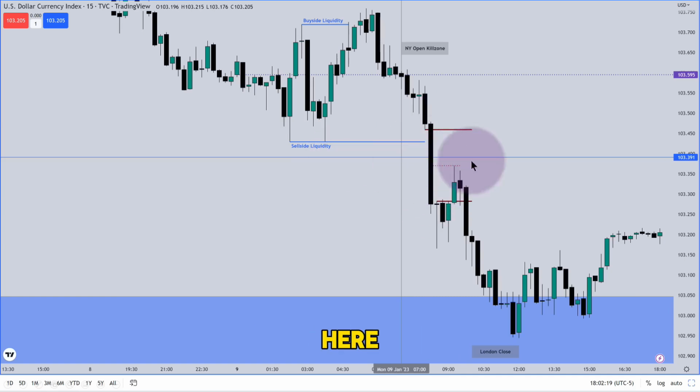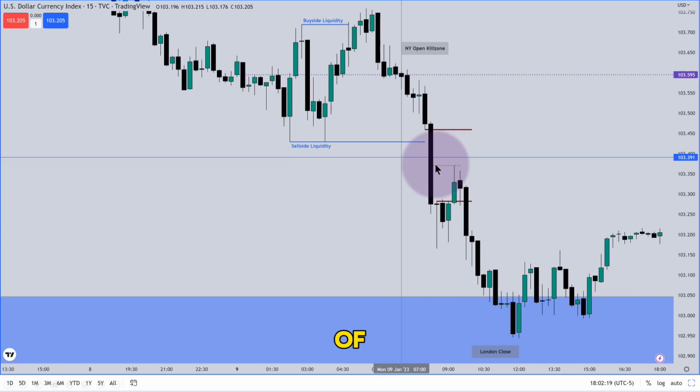Notice that this line here is that old relative equal low on the daily chart. Then we have it here as well. The retracement does not come back up to the daily old lows and does not come back up to the old lows here. So support and resistance, this is why I don't like it. It fails. But if you take my SIBI, sell side imbalance, buy side inefficiency, here,